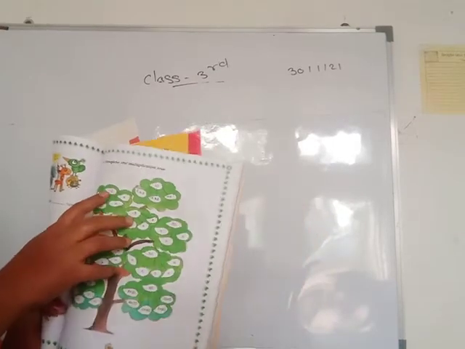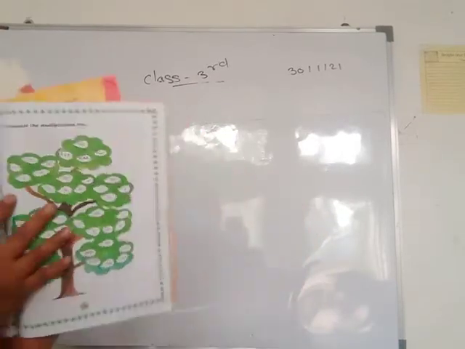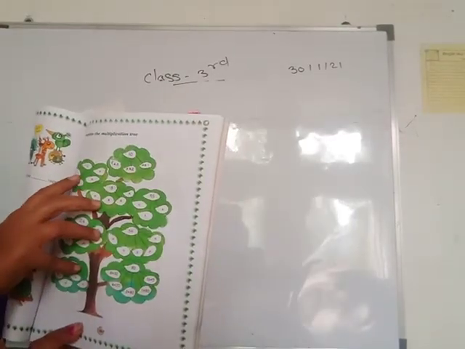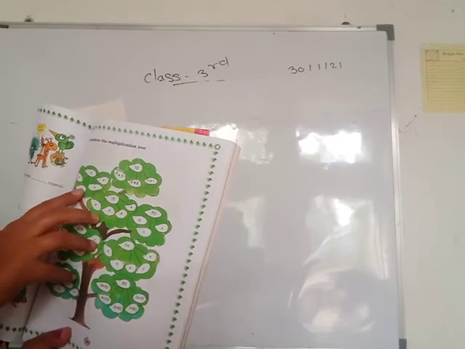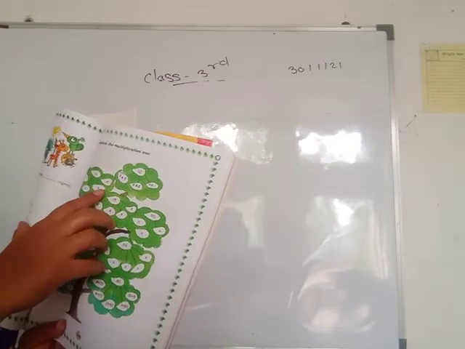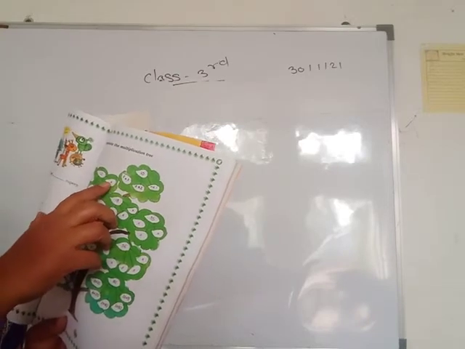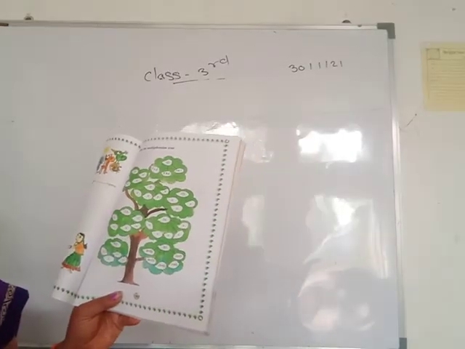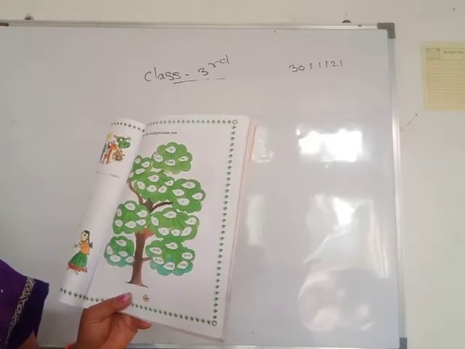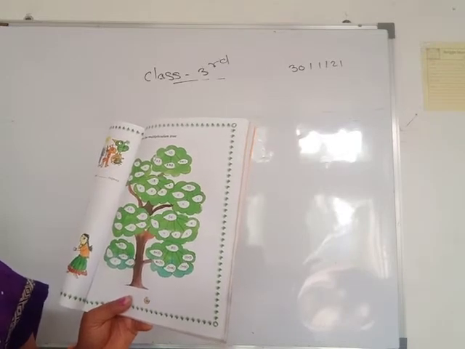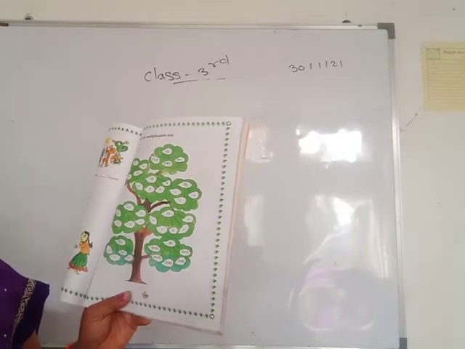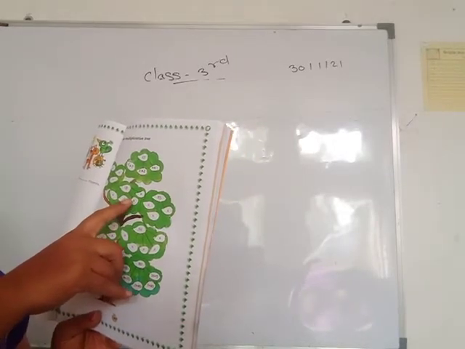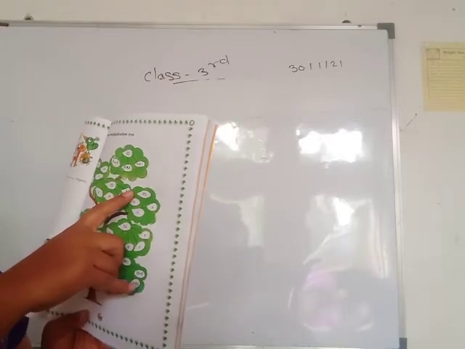You see here 12. Then you write the multiplication of numbers whose answer is 12. You write 4 threes are 12, 6 twos are 12, 2 into 6, 2 sixes are 12, and 12 ones are 12. Then the second number you see here is 18. Again you write the multiplication of numbers whose answer is 18: 6 threes are 18, 2 nines are 18, 18 ones are 18, 9 twos are 18.